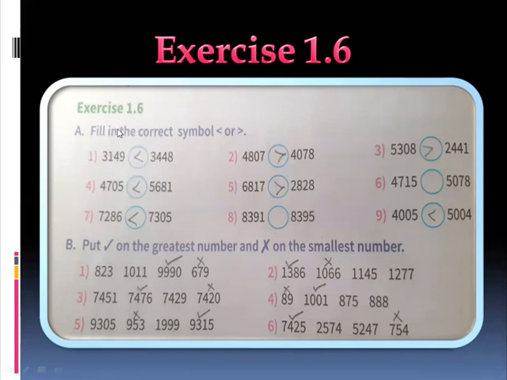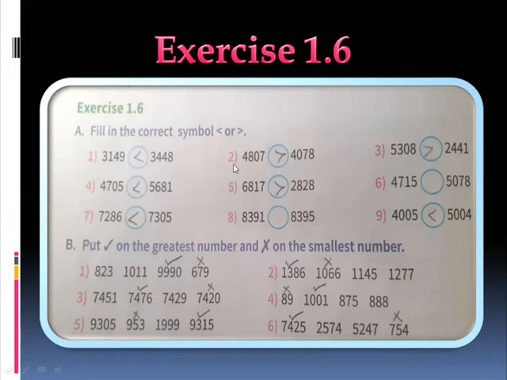Now we have to compare 1 and 4. In the hundreds place here, 1 is there. Here in the hundreds place, 4 is there, right? In these two numbers, which is the biggest number? 4 or 1? 4 is the biggest number. So in these two numbers, the biggest number is 3,448. So 3,149 is less than 3,448. So here we have to put the less than sign. Understood now? In these two numbers, this number is less and this number is greater, so you have to put the less than sign here.